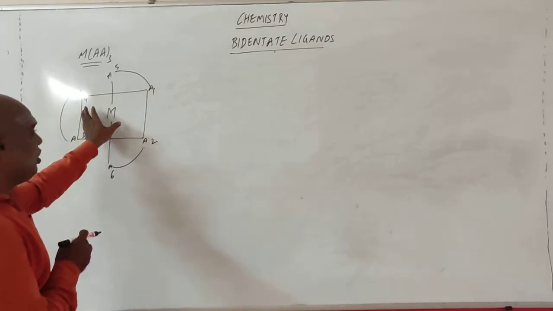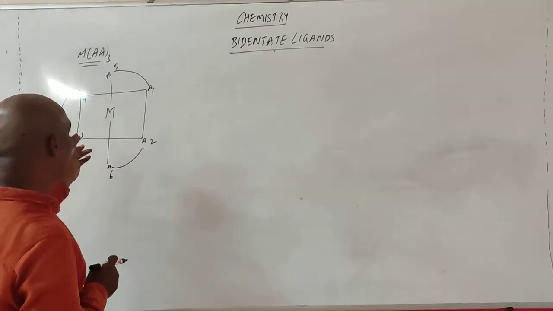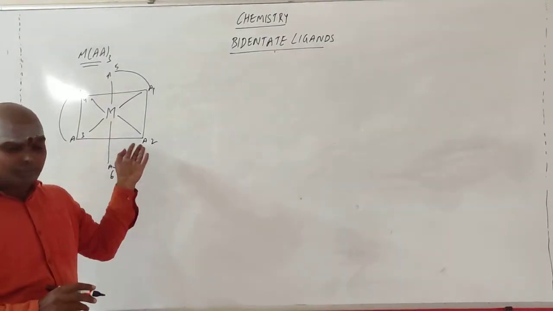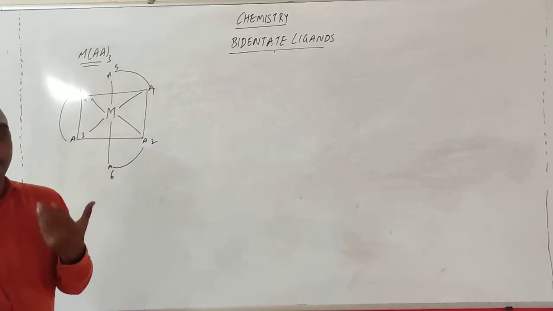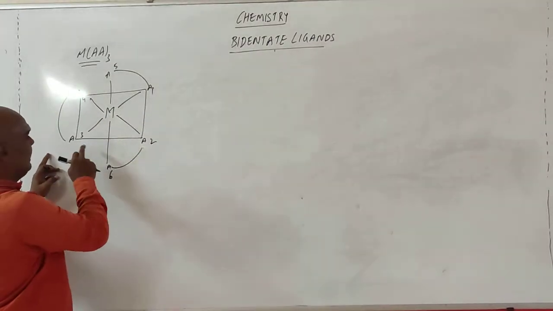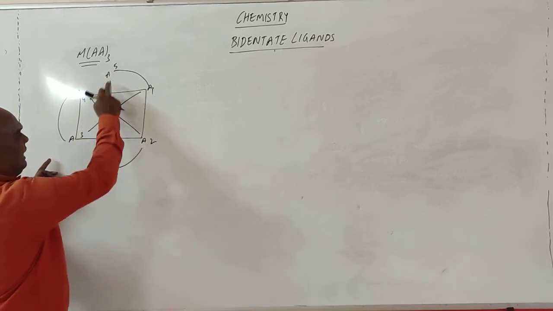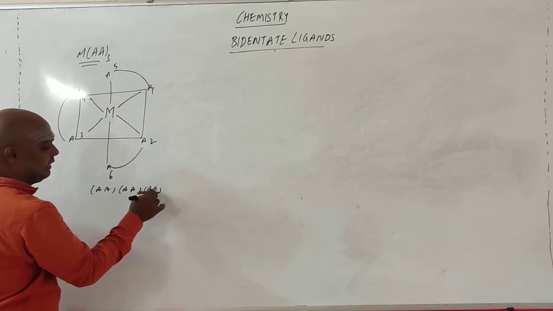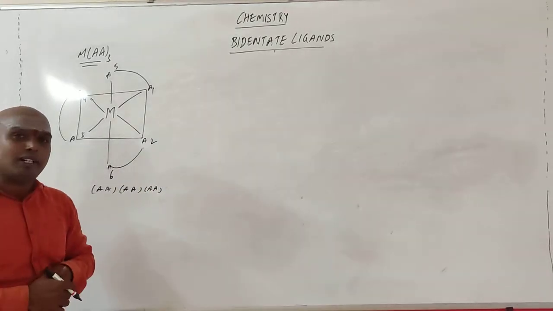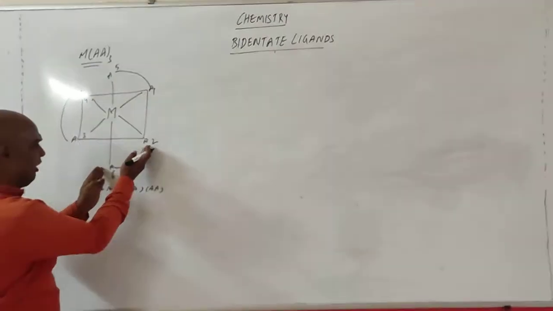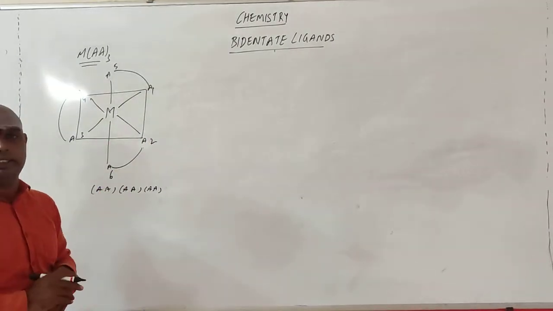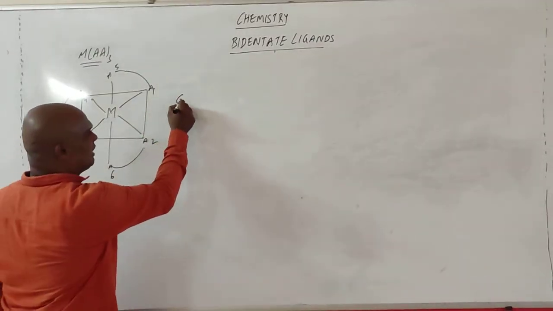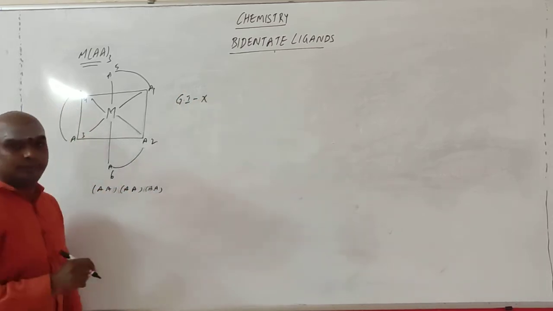Suppose you go for the geometrical isomers. For geometrical isomers you should be having what? Opposite same, or opposite different, if you take. See, opposite same, this is AA combination. Other than this, is any combination possible for geometrical isomers? No. If you flip this one like this, you will be getting AA only. Nothing different. So geometrical isomerism is absent.